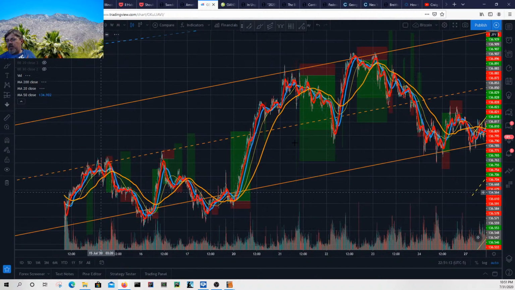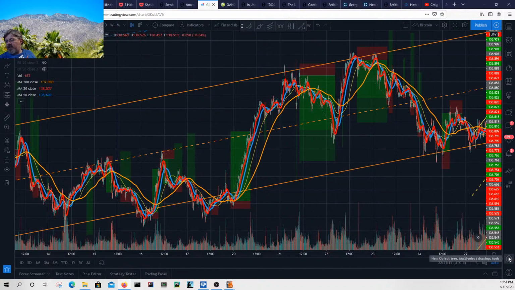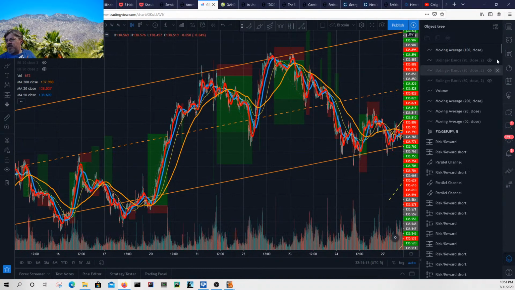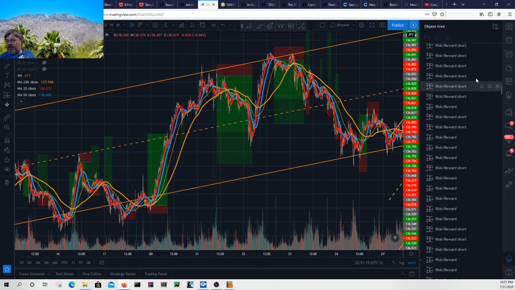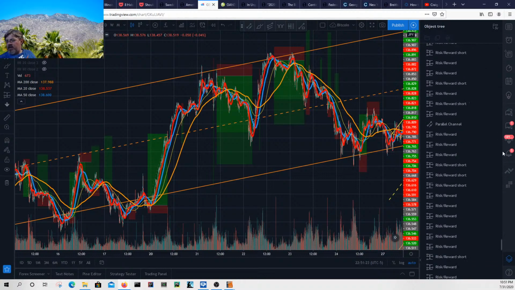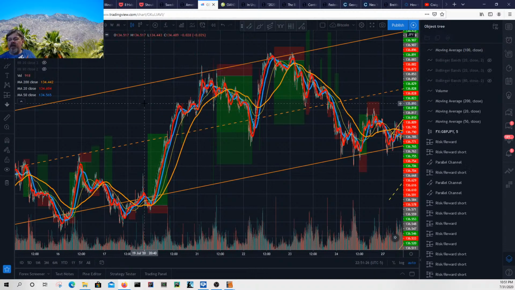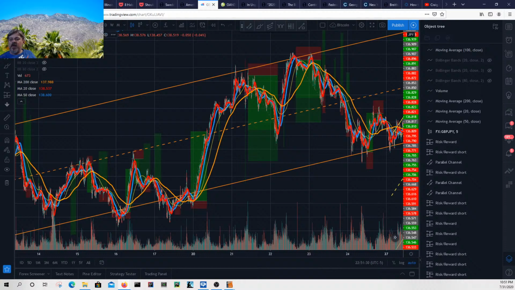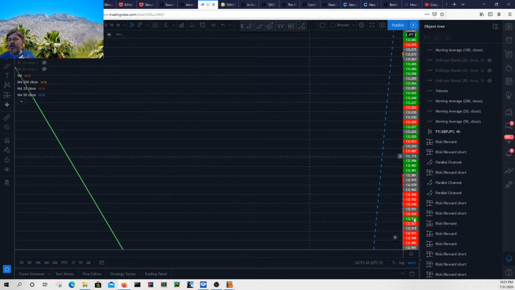There's a whole bunch of trades here. You can go and look at these components. You can see I have a lot of trades. I need to clean this up actually. But anyway, you can see that generally speaking,